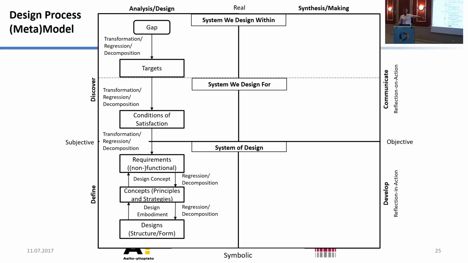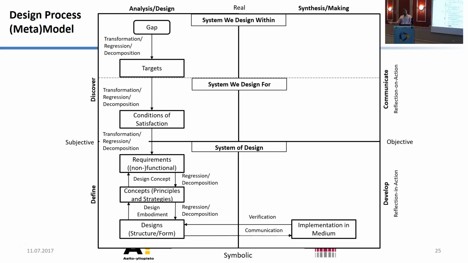Attributes? Yes, you define your attributes. So you have to define your properties. Like if you are in Revit and you're modeling a building, you have to define what are the properties of the instance. Yes? You have to decide what are the dimensions of the column, what are the dimensions of the beams. So basically what you're doing, you're going from subjective domain to the objective domain, from your head to the actual material medium, to representations. And at every step in the left or in the right hand, you are verifying your step against the left side. So if I wanted to design a column and beam, I have to verify if I actually met the order I did.